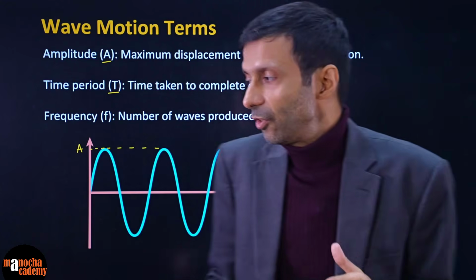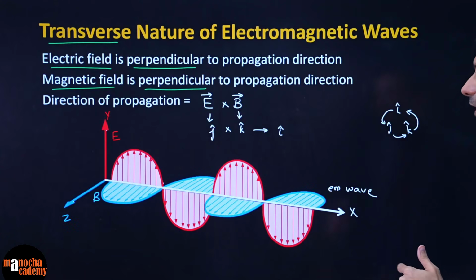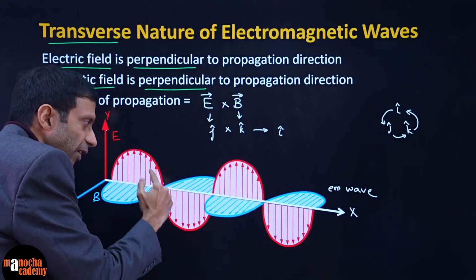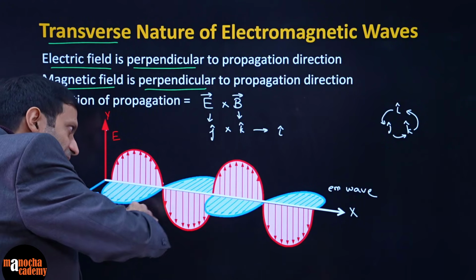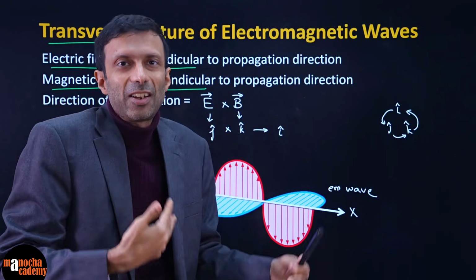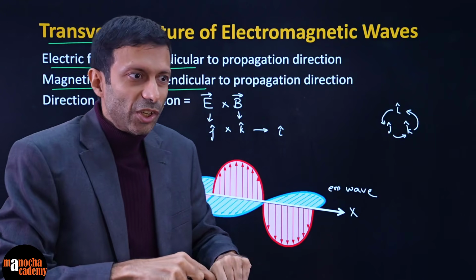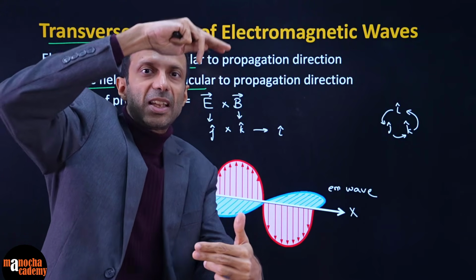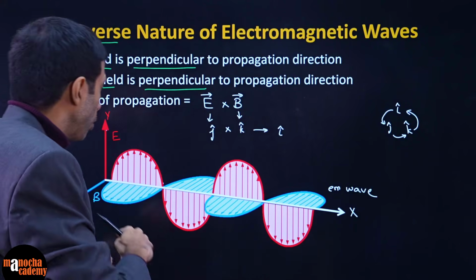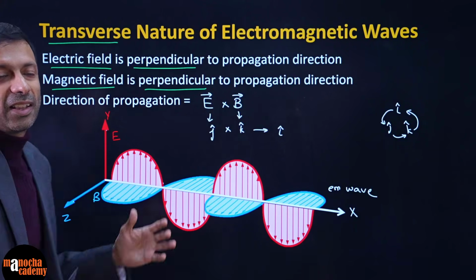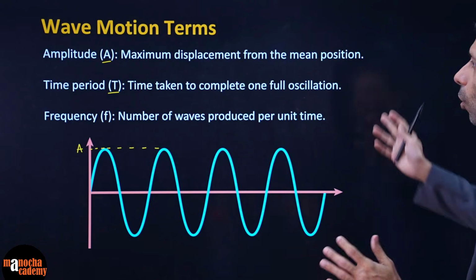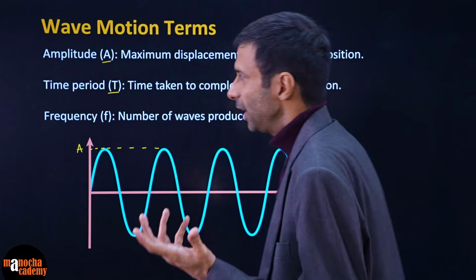Now one thing here interesting is that both take the same time, right? So you can see that the time taken for the electric field is the same time taken for the magnetic field, and we'll see they are in phase, they are in sync. They're like dancing in sync with each other. So when this guy is going up, this guy is going up. When this guy is coming down, this guy is coming this way, right? So you can see, it's all happening. They're dancing together. Okay. So time period is the time for oscillation of the electric field or the magnetic field for our EM wave, right?